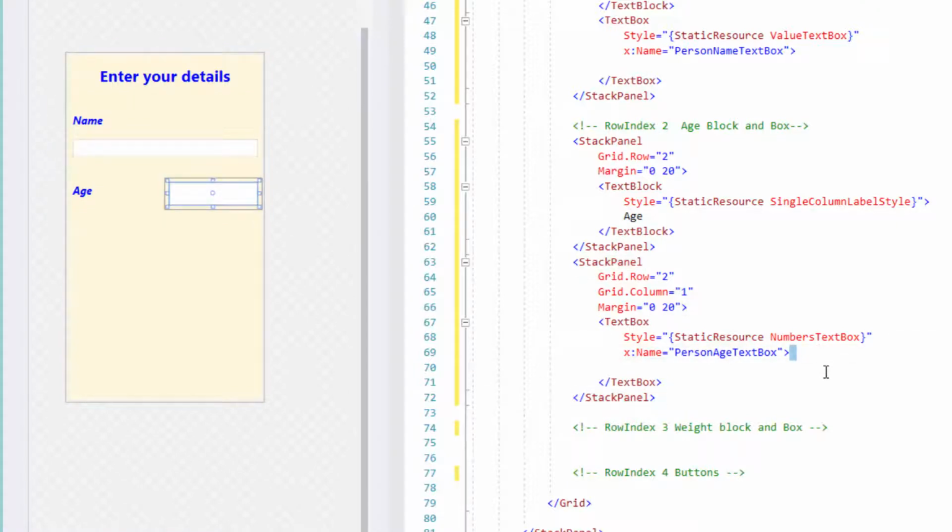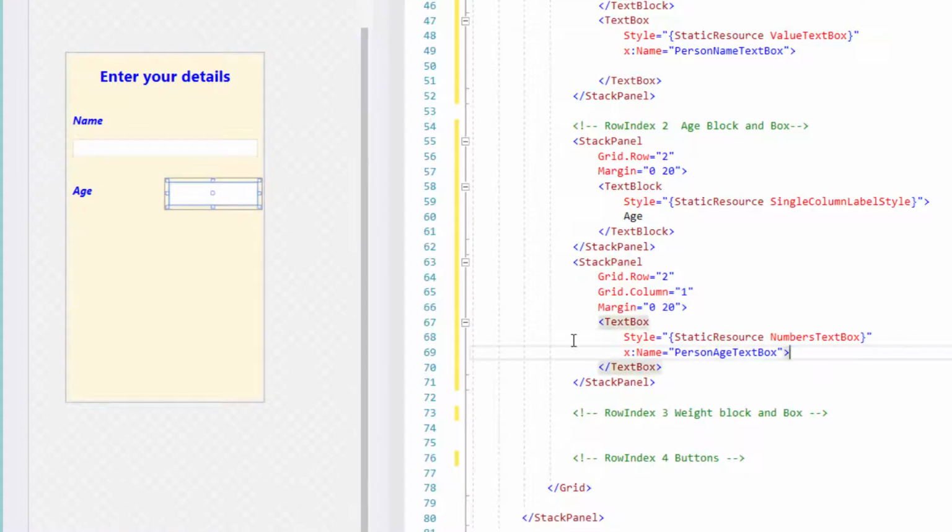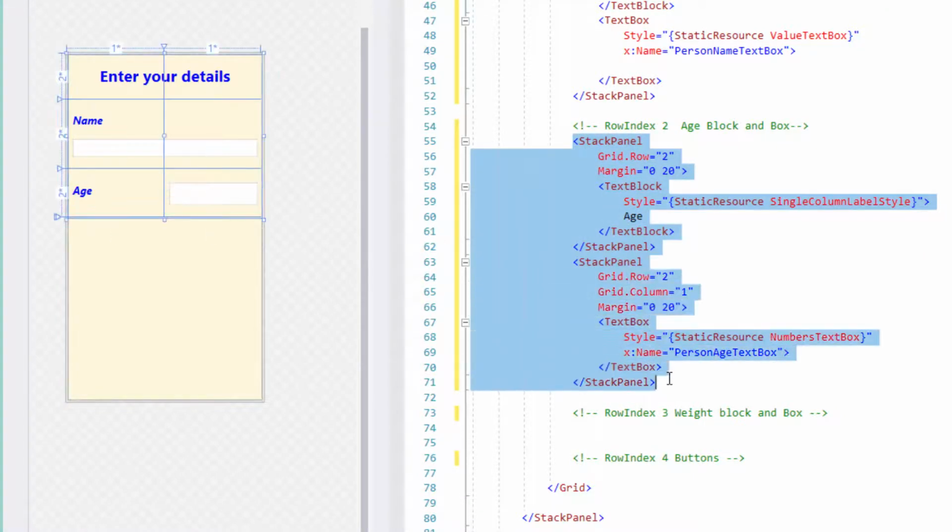Okay, so I'm just going to tidy that up a wee bit. That's me a little bit fixated on that perhaps. So that's what we've got for that one. So let's do the next one, which is the weight. Now it's very much the same as this. And in fact, this is where something that can happen with XAML is really useful. I can just select this